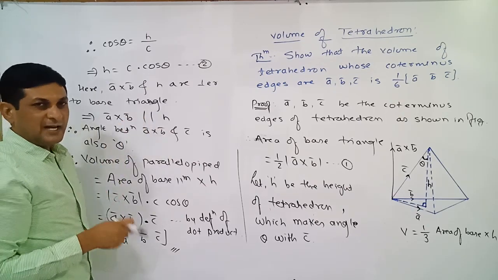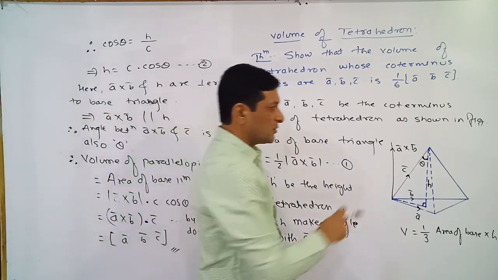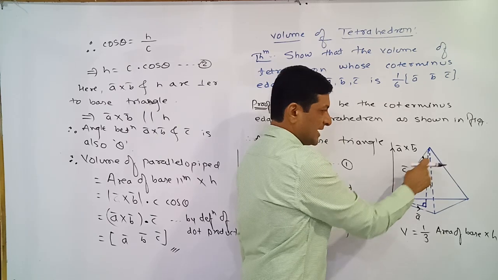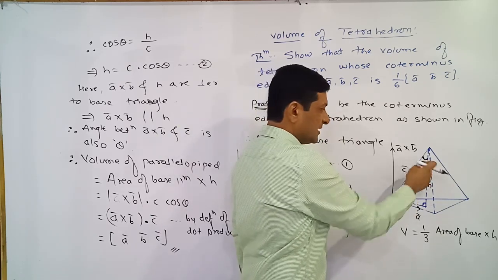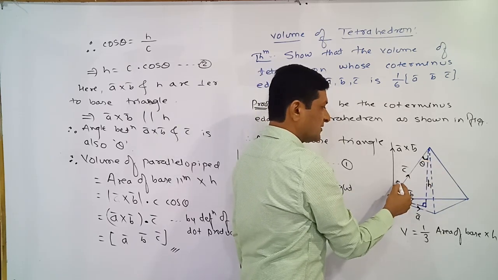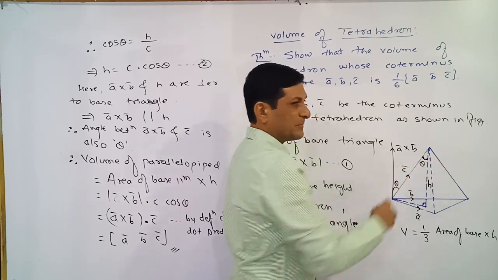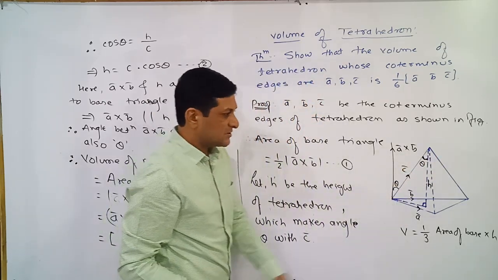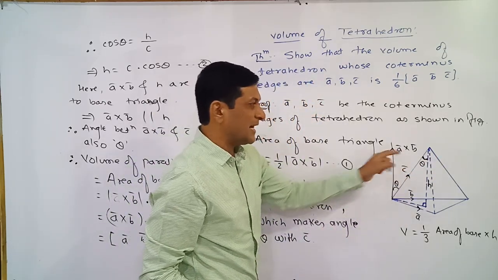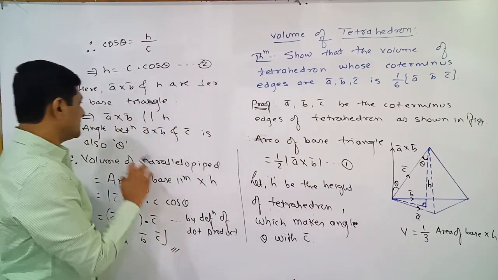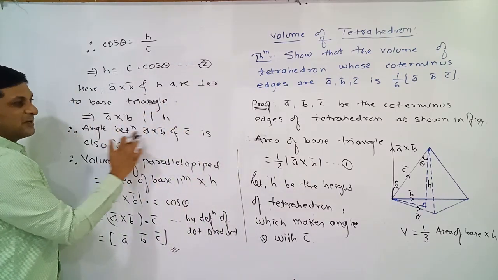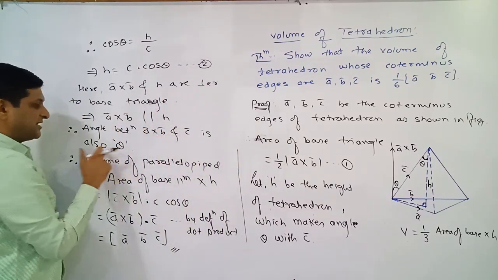parallel to each other. And we know that if two lines are parallel to each other, at that time the pair of alternate angles is what? Equal. So this angle is theta, then this angle is also what? Theta, because these are nothing but a pair of alternate angles. But this theta is the angle between what? C bar and A bar cross B bar. So from this we will get that, therefore, the angle between A bar cross B bar and C bar is theta.